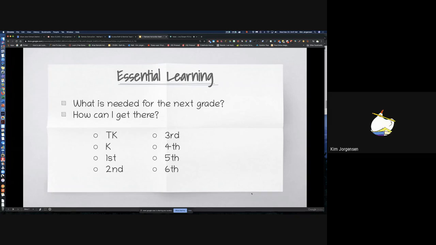Fourth grade. I'm sorry, fourth grade and fifth grade go together. Fourth grade needs more place value stuff because you just expanded it. Multi-digit multiplication, some division, and a lot of work on equivalent fractions, putting them in order, maybe multiplying the fractions. You don't have to add the fractions. I know that's a lot.